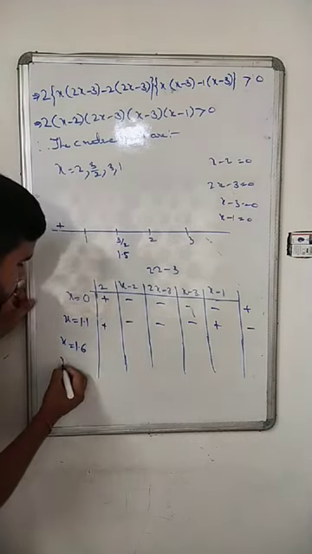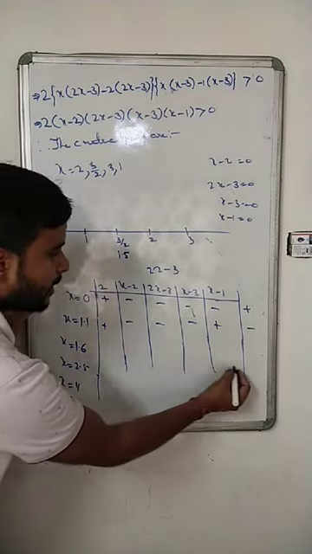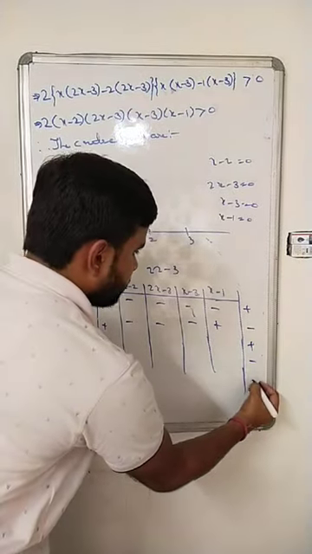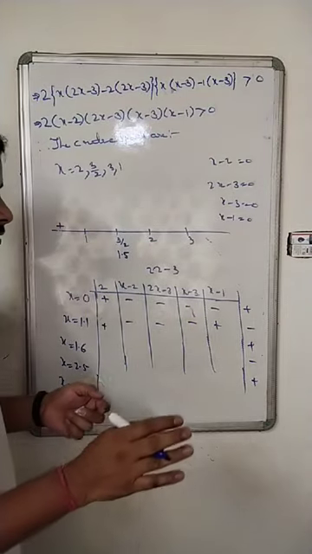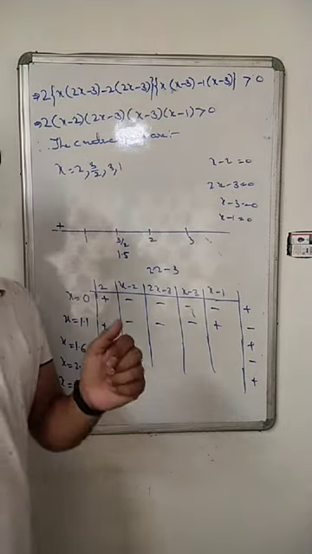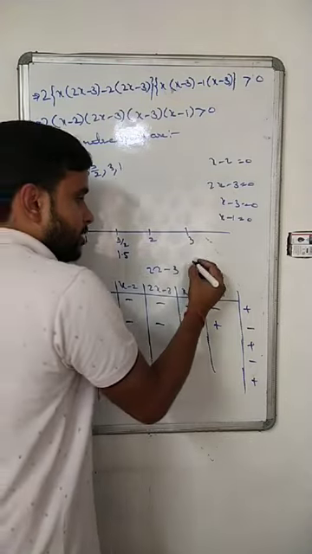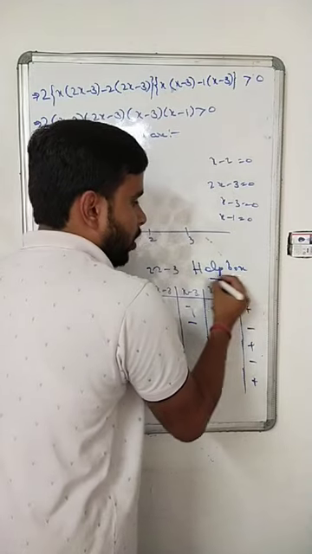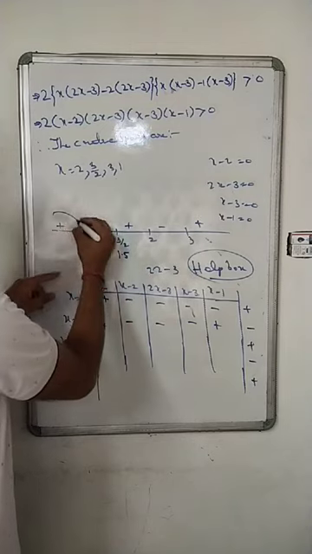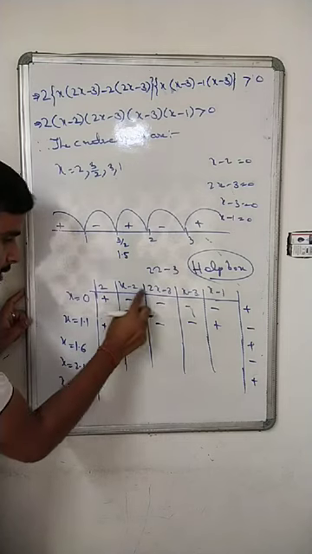So in this way, think of any number between 1.5 and 2, any number between 2 and 3, and any number more than 3. You will find that the order will be plus, minus, plus, minus, plus. But I suggest you put these numbers and check whether you are getting positive, negative, positive or not. Because you are board level students, you must show these steps. It is better that you show them in the rough part, which is called the help box. So we have plus, minus, plus, minus, plus. I'm not actually putting the values. You put the values and determine the result. Clear?